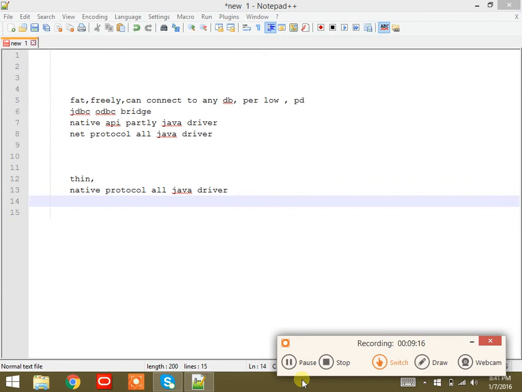At that time we resend the data, and there is monitoring for that. Clear? Any doubts? These are the 4 different types of drivers available in JDBC. Okay? Now we are going to start with the type 1 driver.